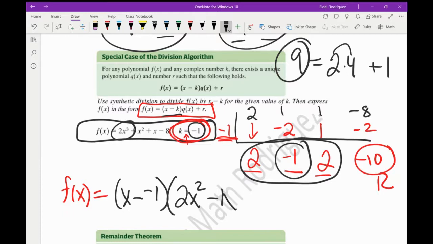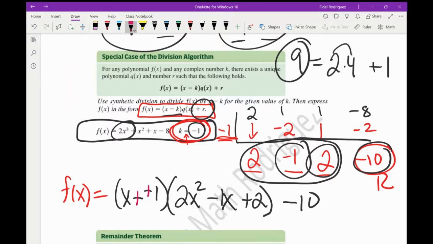This negative 1, that's telling me that's the number in front of the x. This 2, that's just a constant number, and then it says plus r. R in this case was a negative 10, so I'm just going to write that as a minus 10. And then, y'all, the only thing I would probably do here, since it's minus minus, I'll write it as plus. And that's just me rewriting this problem here